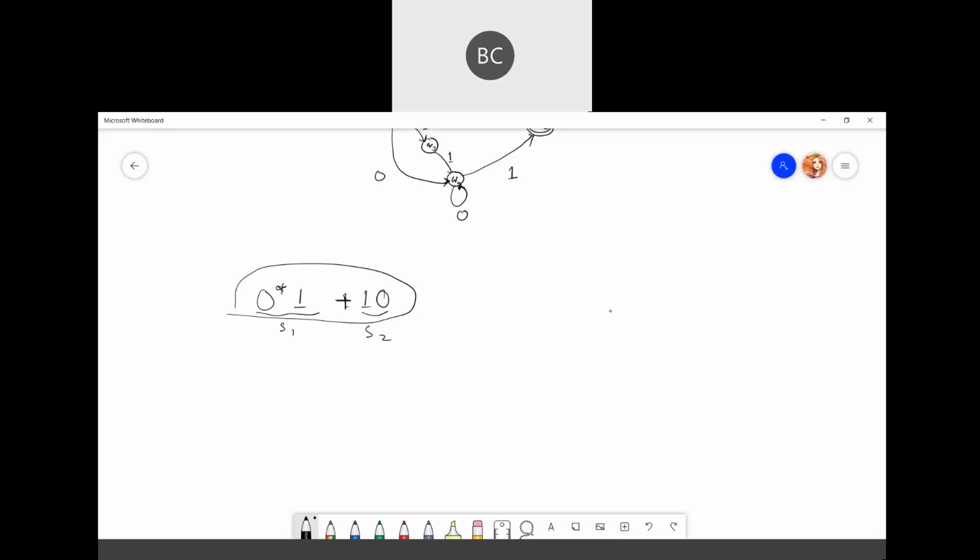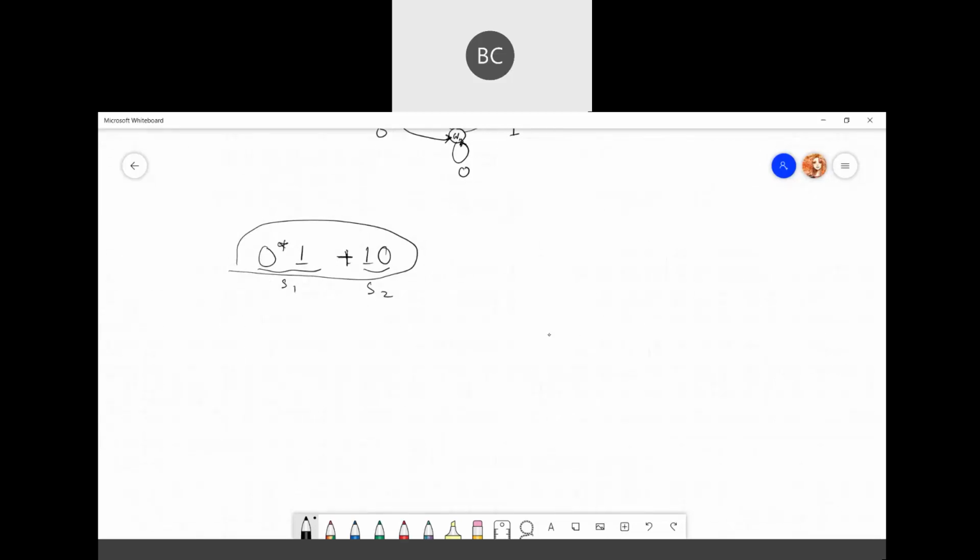That means from initial state, what you can do, there will be one path from 0 star 1 and one path will take you to the 1 0 part. Okay, and this is the final state.